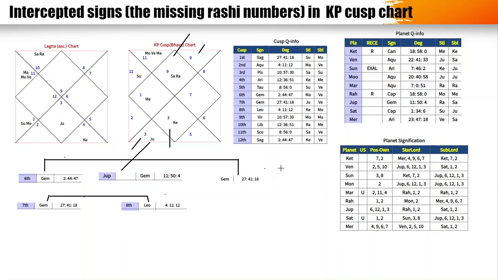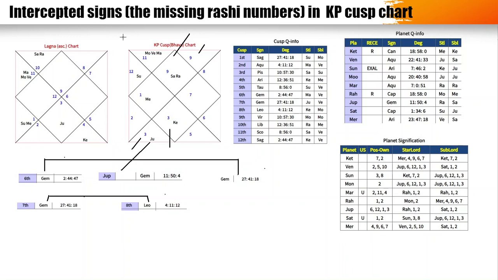So this is all about the mathematical side of the Placidus house system and how the planets are positioned in the KP cusp bhavata. Now another question that usually comes to our mind is